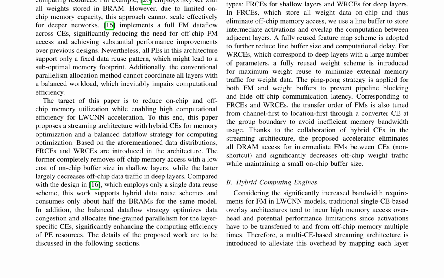FRCEs eliminate off-chip memory access by storing all weight data on chip, while WRCEs minimize external memory traffic for weight data through a fully reused weight scheme. The authors claim that their proposed accelerator reduces on-chip and off-chip memory utilization while enabling high computational efficiency for LWCNN